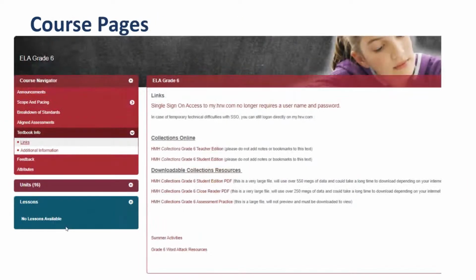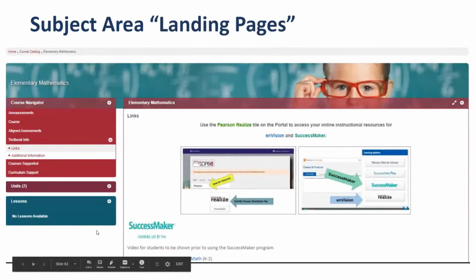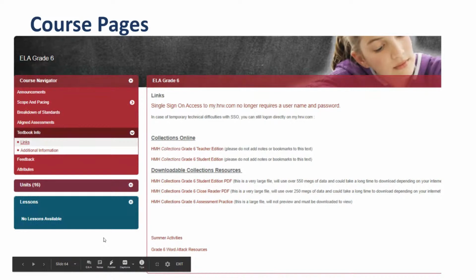Okay. We also mentioned that on your course pages and the landing pages, you'll get textbook information. It's kind of a reminder of that. So if you want up-to-date information after the school year gets rolling, your individual courses are probably the best place to go. And next slide. Again, that's that contact information, and that's what it looks like on a course page. I apologize. Next slide.